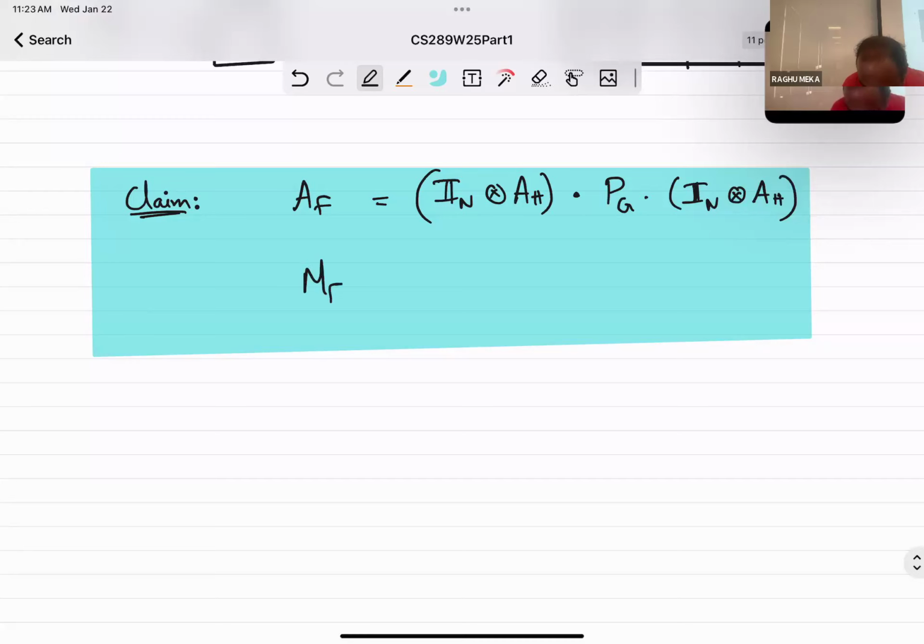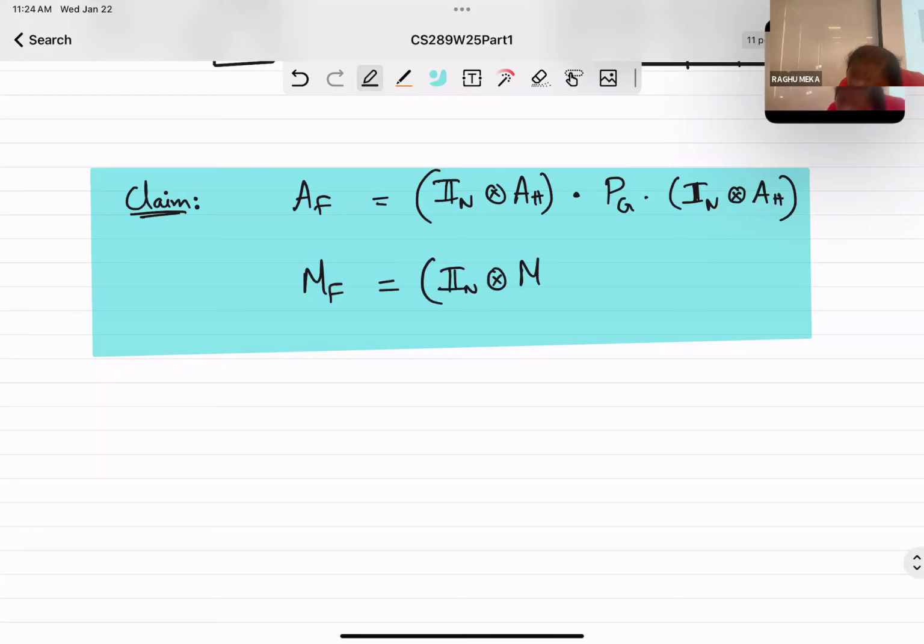And what about the normalized adjacency matrix? Well, to normalize the adjacency matrix, I just need to divide the adjacency matrix by the degree. What's the degree of F? D1 squared. I need to divide it by D1 squared. But what would be a nice way to do that? I should split that D1 squared as D1 here and D1 there. Okay. So that way, what I get is just